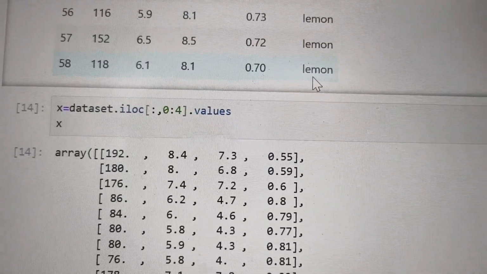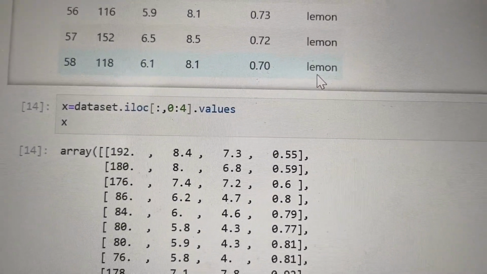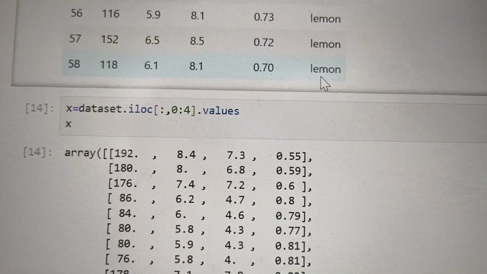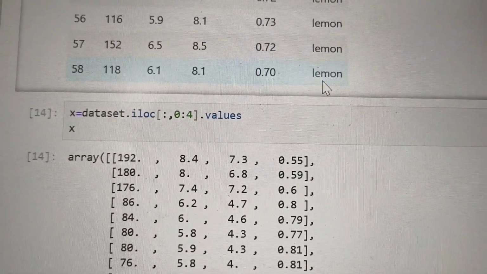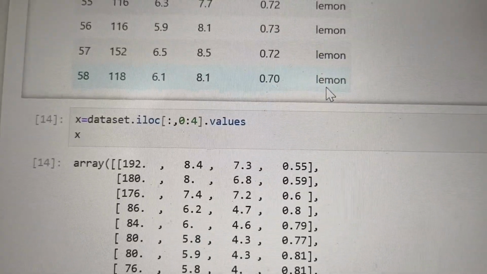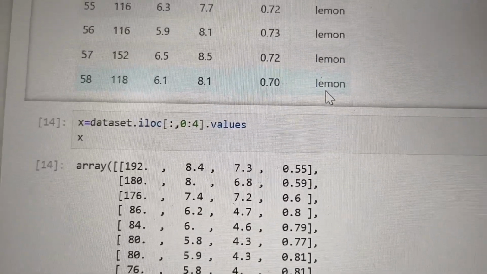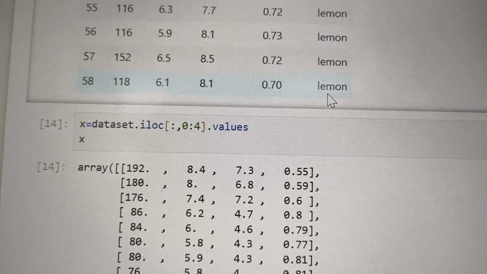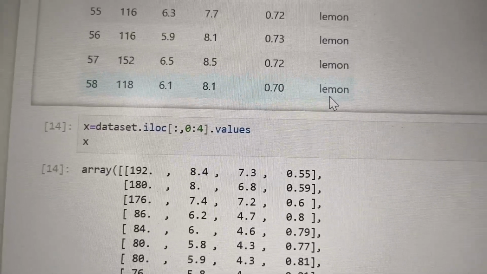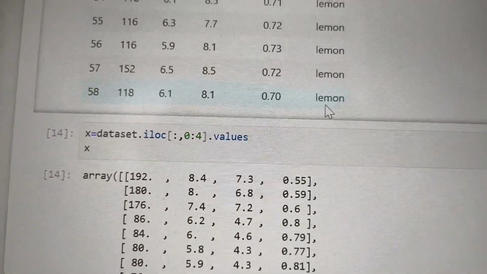Here the colon before the comma in the row dimension signifies selecting all rows.